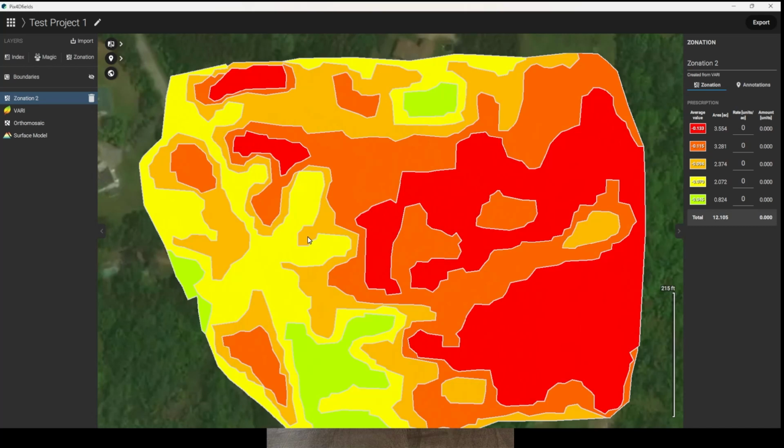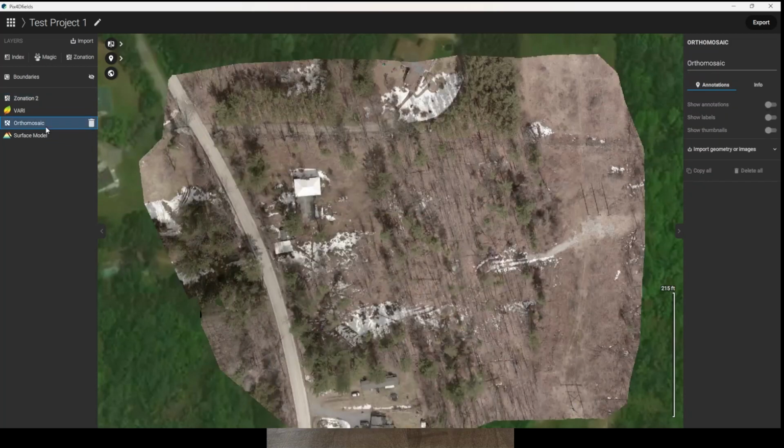Fixed 4D Fields, in theory, would allow us to do this stuff within a couple of minutes on the laptop and come up with an idea right then and there. Otherwise, I would take the information back and run it through and come up with images. To do this full image here, we'll talk about next week when I talk about other ways to capture the images so that you can do them yourself and not have to rely on these outside